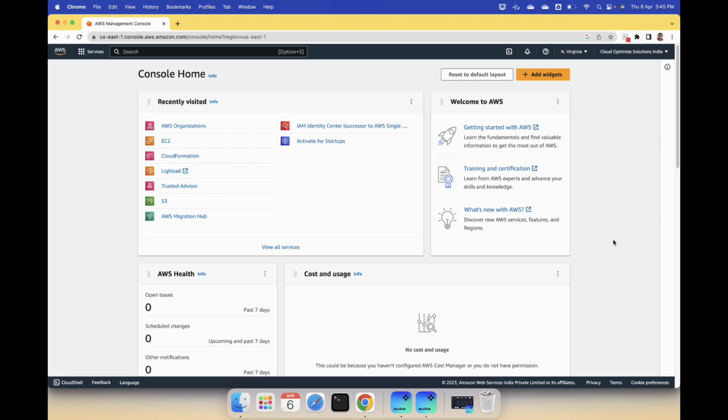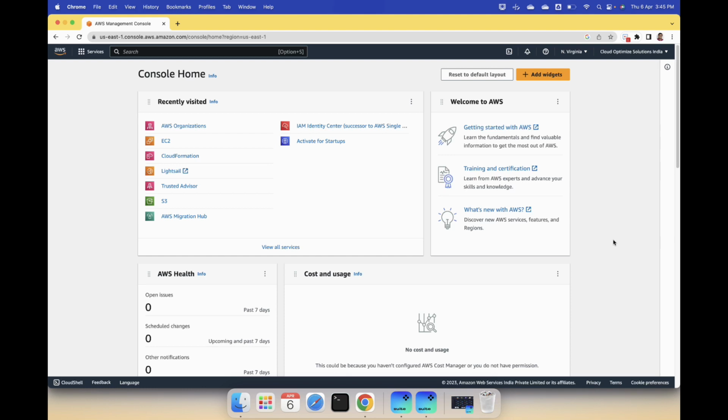In today's video, I'm going to talk about one of the limitations with AWS Organizations. If you have multiple AWS accounts and you are planning to create an AWS organization, you may run into this limitation, so I want to share it with you. Let's say you have two AWS accounts. You have an office in India and an office in the US. You have your AWS account in the US and an AWS account in India.